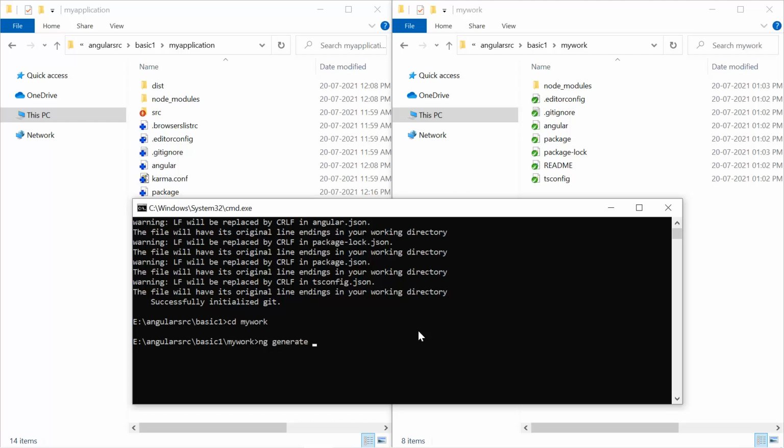What we are going to generate? We are going to generate an application, and here at the last we can give the name of our application. Here let's say I'm writing web app. Hit the enter button,